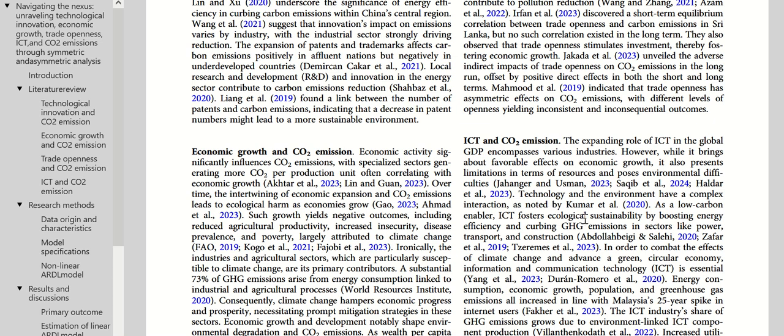And lastly, ICT on emission. ICT is a very interesting variable because right now we are working on artificial intelligence in this era. It helps to reduce the emission by improving efficiency in transport, energy and industry. But at the same time, ICT devices, internet usage and data centers consume a lot of energy. So again, ICT can be a solution or a problem depending on how and where it is used,